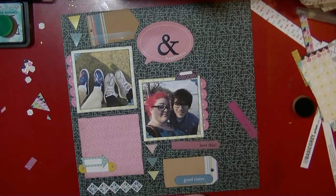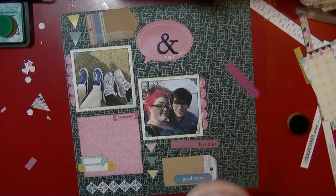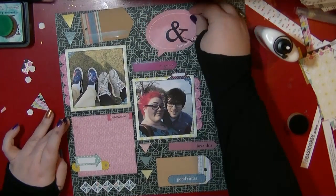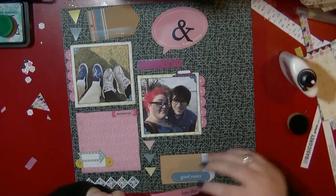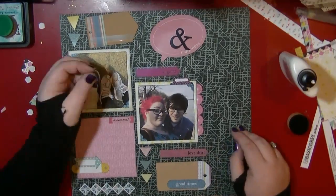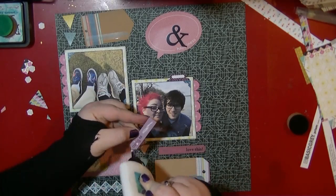Again, still having problems getting that ribbon cover off that acetate, but I did eventually manage it. So yeah, I'm just literally going around the layers, adding these little bits. I'm going to move that sticker up slightly. I did have a few issues trying to get it to look right because of where the speech bubble bit was, but I'm happy with how it looked in the end. There you saw me sticking this down with my wet glue, it did mean that I could slide it about and move it a little bit, but it does mean it then does show in the final